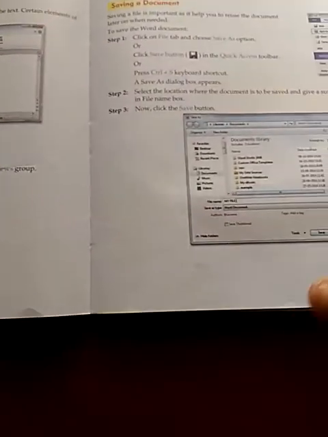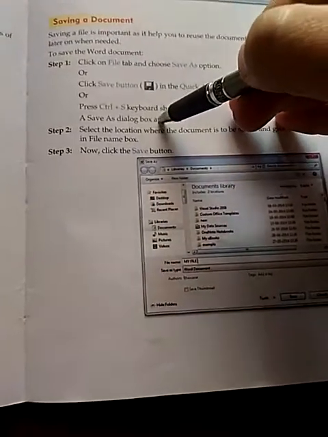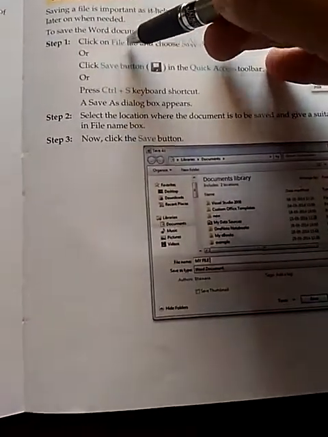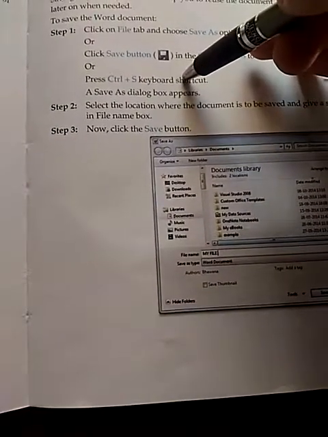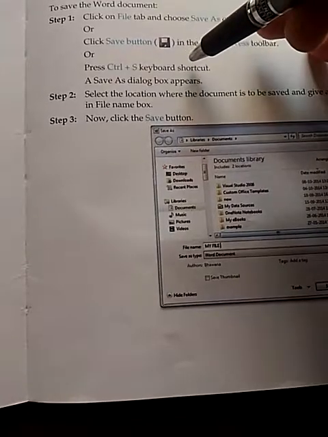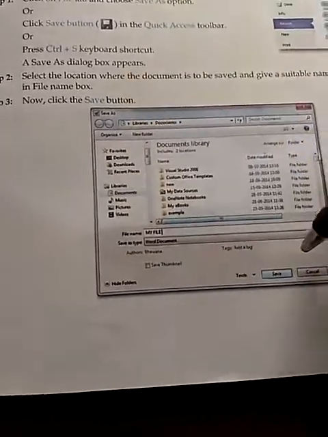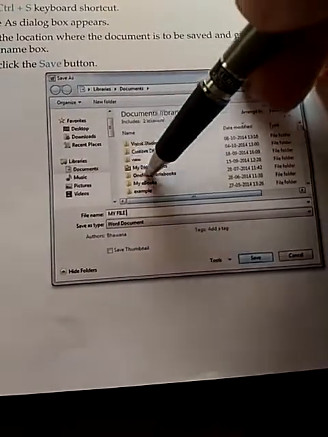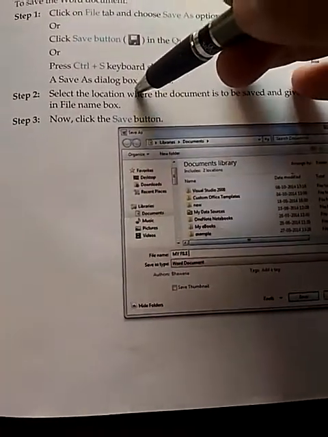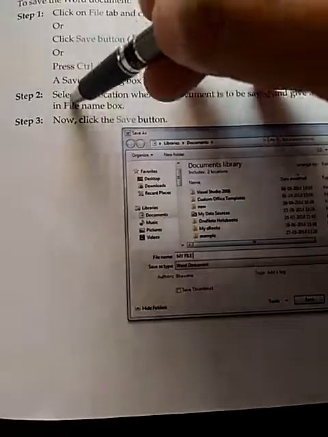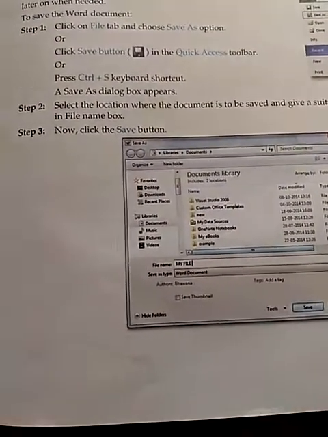Now, after creating the document, it is required to save the document. You can save the document by clicking on the File tab. After that, you will find the option Save As or Save. After clicking on the Save As or Save option, provide the name of the file, and after that press OK. You can specify the destination where you want to save the document. The shortcut key to save the document is Ctrl+S. In this way, you can save your document.